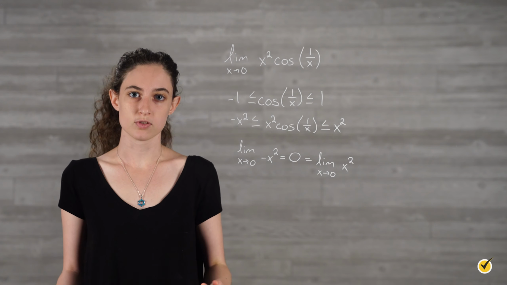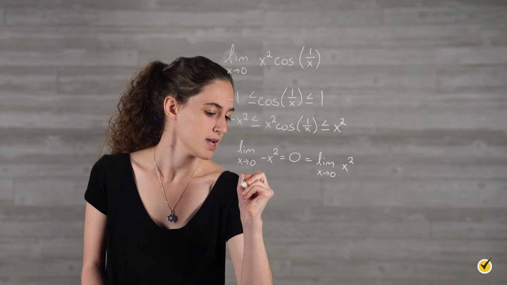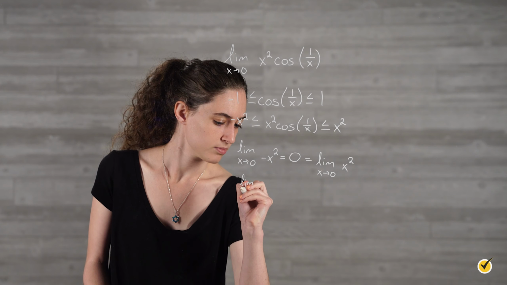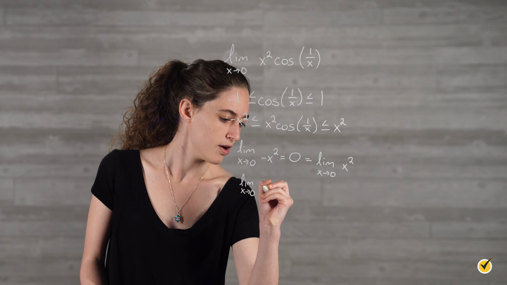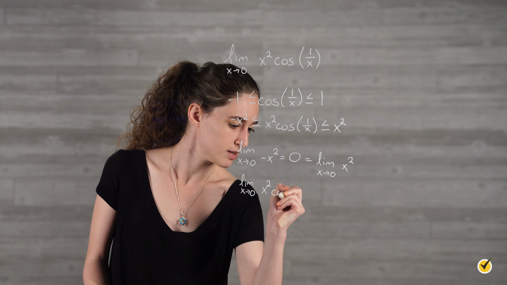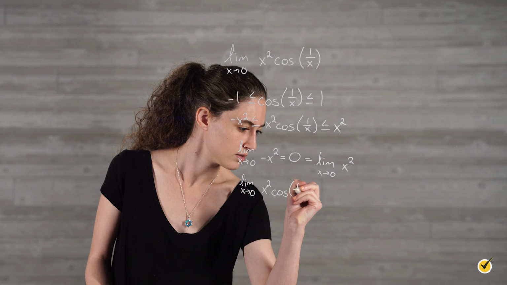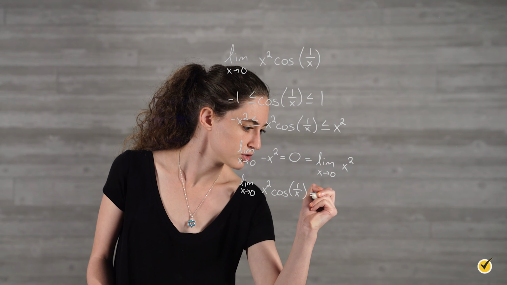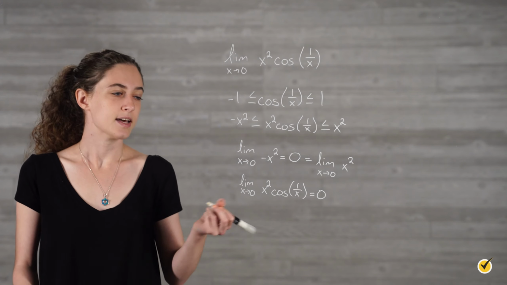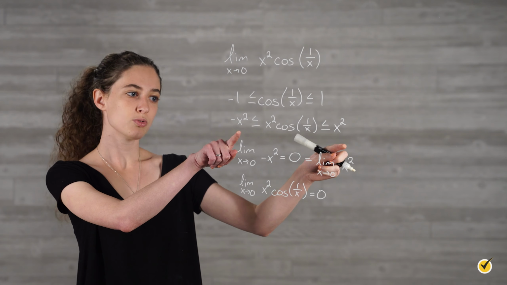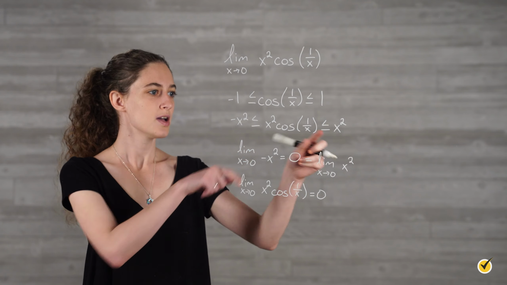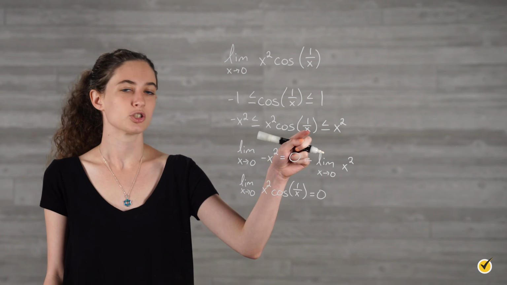So now, because of the squeeze theorem, we know that the limit as x approaches 0 of x squared cosine of 1 over x is also equal to 0. And that's because it's between these two functions that go to 0, and so therefore this function also has a